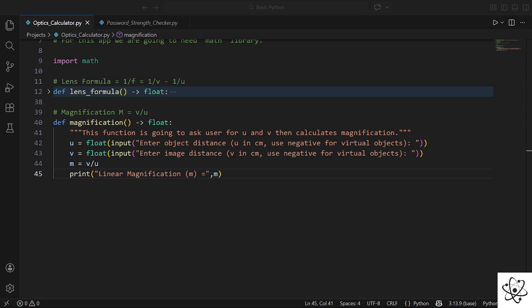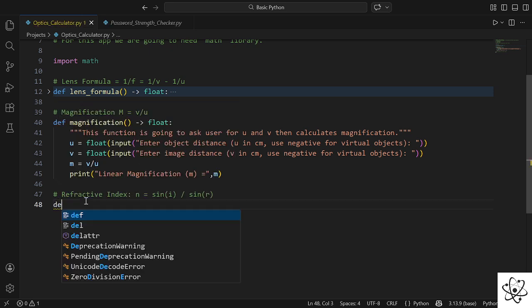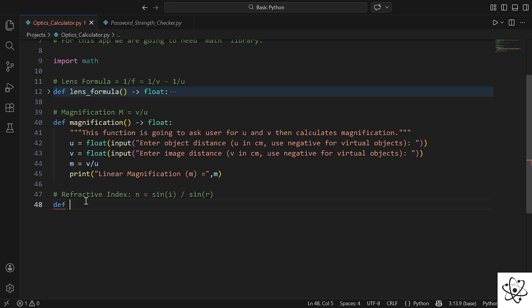So this becomes our magnification function. Now next we should calculate the refractive index, and let me just put the comment here to save time. As you can see, we are now going to calculate our refractive index function, or also the formula for refractive index. So we are first going to define refractive index,